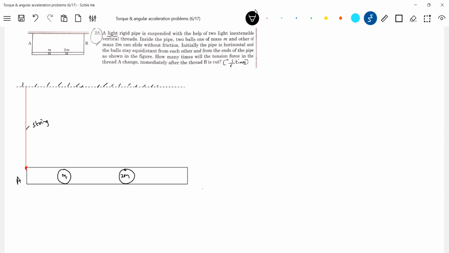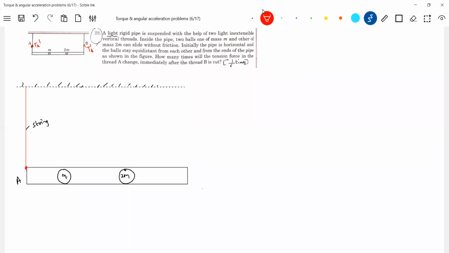Initially there will be tension in both the strings. Will the tension be the same in both the strings or different? I think the problem has to start here. First, the initial diagram. What will be the tension in both the strings initially? Should it be the same or different? If you say same, I think there is a big problem. You have to go back to last week, two weeks back. The tensions will be different here. So this tension will be TA dash.